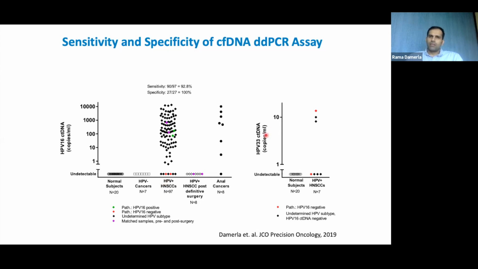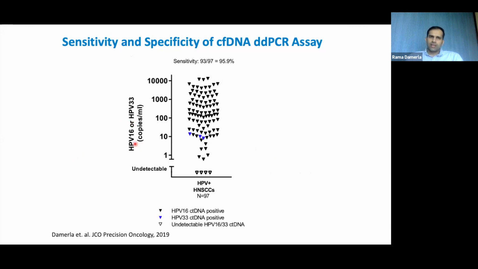to measure HPV-33, which is the next most prevalent HPV subtype in head and neck cancers. Here again, in 20 normal subjects, HPV-33 was undetectable. And in 7 of them, we were able to detect HPV-33 in 3 of them. So now if you add HPV-16 and 33,